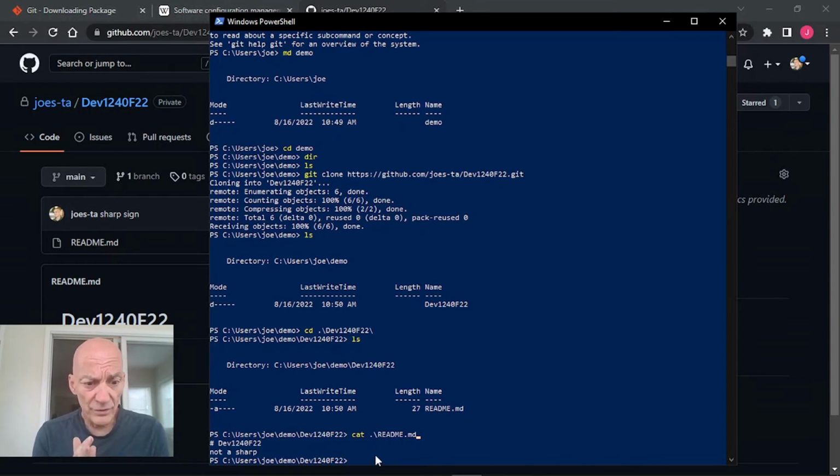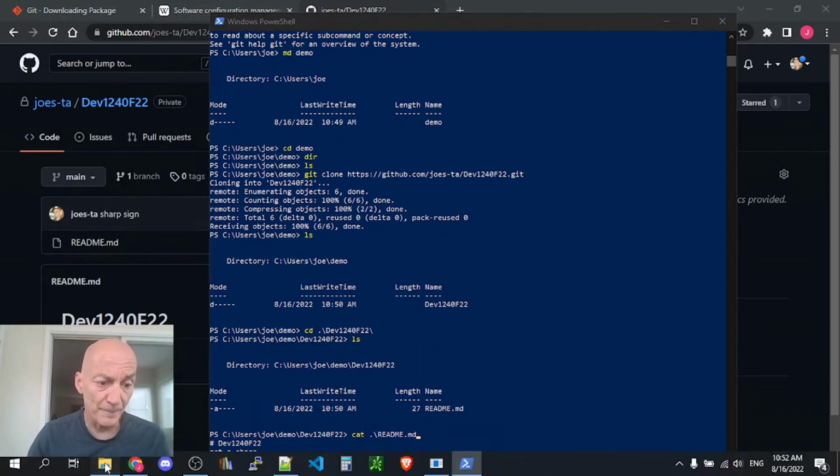So now what I want to do is I want to make some changes. I can either create a new file or I can edit this file that already exists. I think I'll do that. I think I'll edit the file that already exists there, which I can either do from my command line environment or my